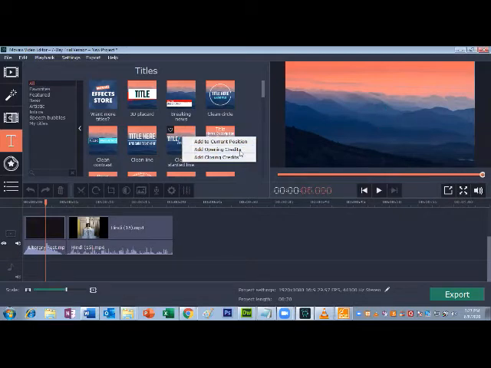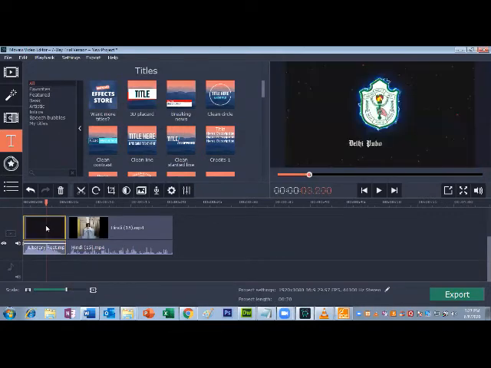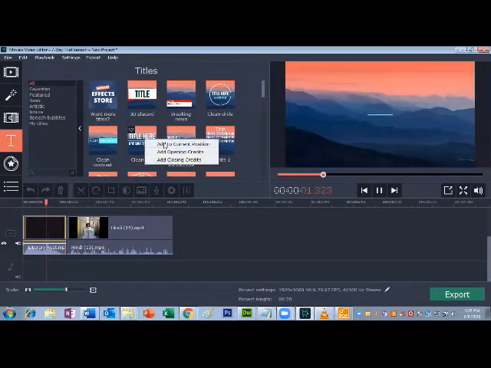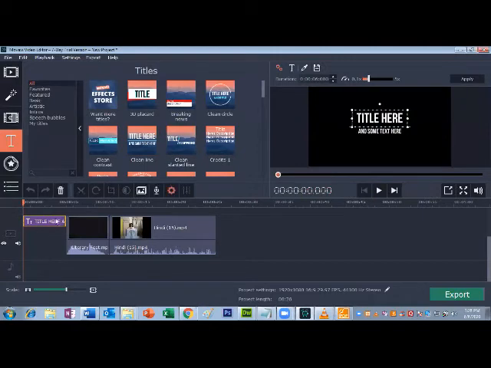Opening credits means the clip which is selected at the beginning of that selected clip. And closing means the clip which is selected at the end of that clip. And current means wherever this pointer, this cursor, is available. So for example, I want this clip, and at the beginning of this clip, this title. So right click, opening credits. So automatically it will be inserted here.